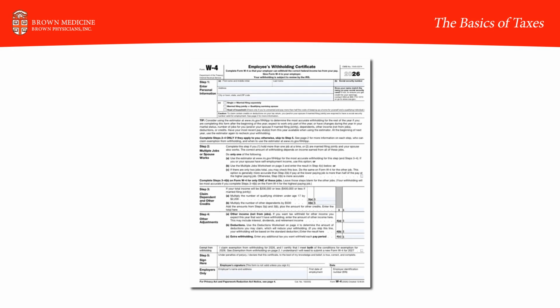Form W-4, that's the first form that you will be asked to fill out when you start employment. That is where you figure out what you want to have withheld from your wages. That's going to determine the federal tax brackets that you're going to be in, the withholding that you would have on your W-2 form. So you would just fill out whether you're single, married, filing jointly, if you have dependents, that'll all come into play when you're filling out that form.